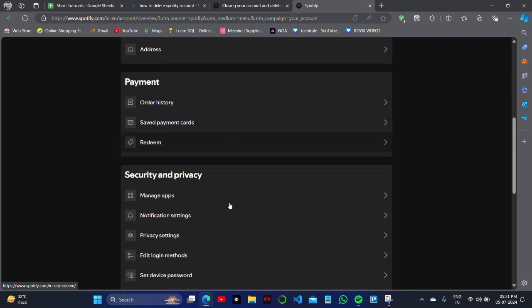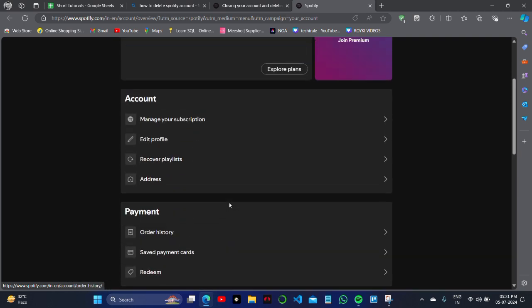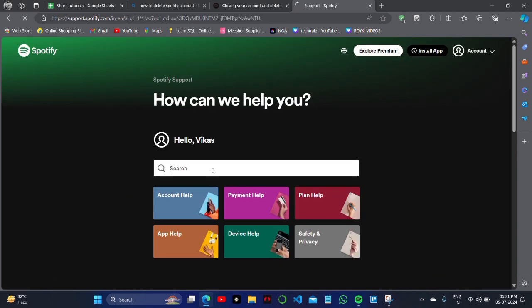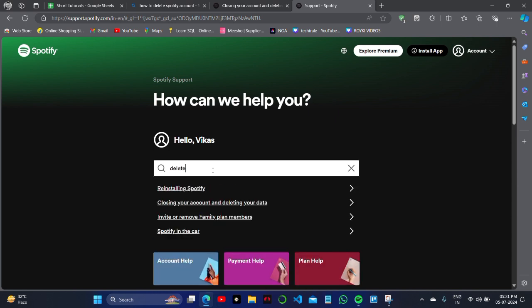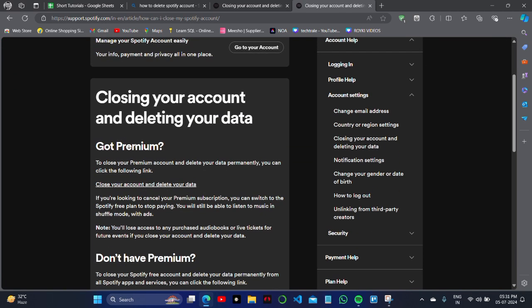You have to scroll down, and on the bottommost of the screen you will see there is an option called your profile or your subscription. Simply click on the Spotify support and here search for delete your account, closing your account and deleting your data. As you can see on the official help page of the premium,